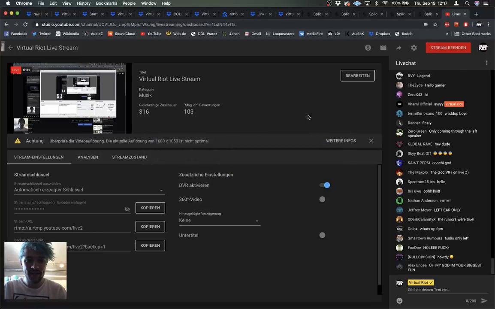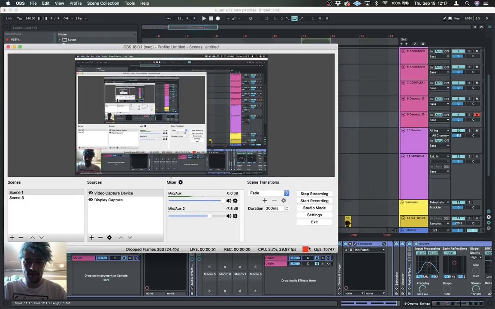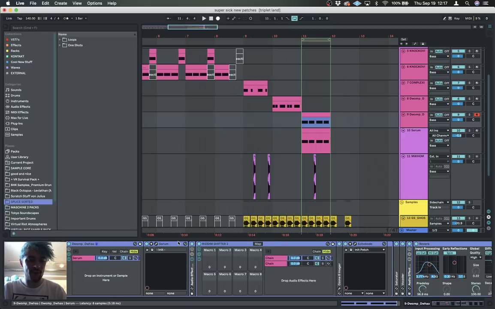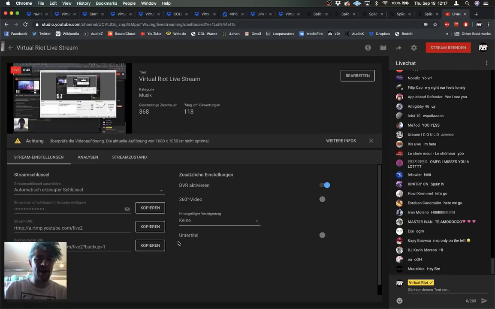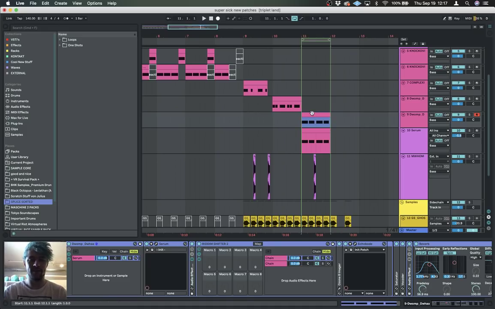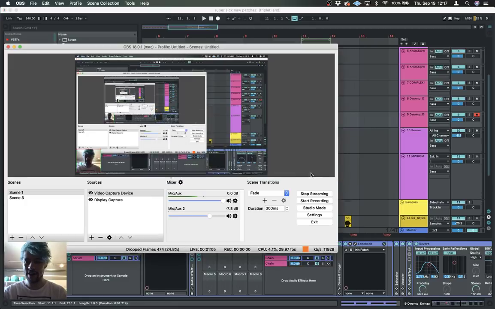Usually this little square here is supposed to be green for the connection quality, and it's dropping like a quarter of the frames. So you have to tell me if this is okay or not. Does the stream feel nice and not laggy, or